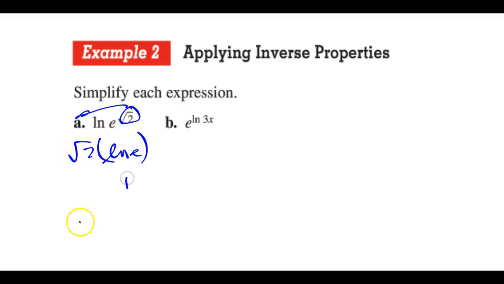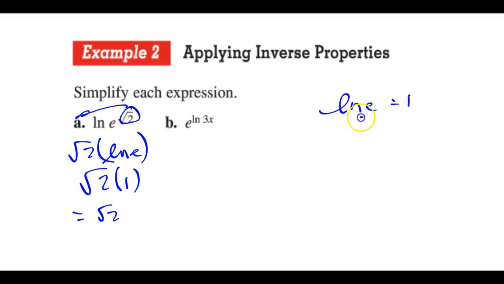the natural log of e is 1. Why is the natural log of e 1, you may ask? This answer is the square root of 2 then. The natural log of e equals 1 because the base is e, and e to the first equals e. You could type it in your calculator, but I know the natural log of